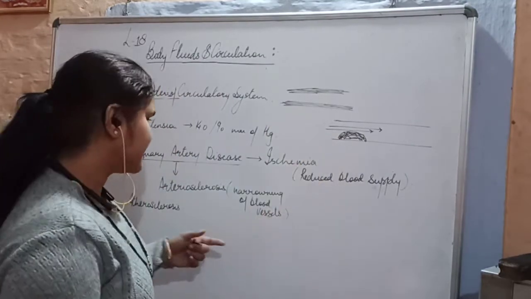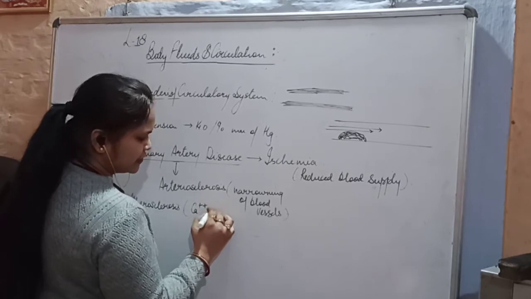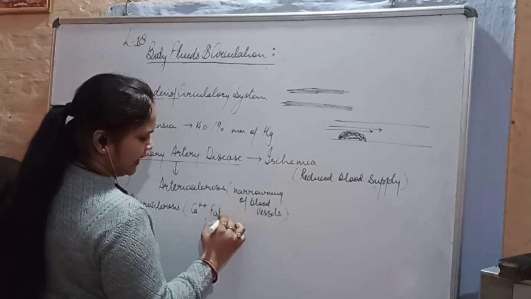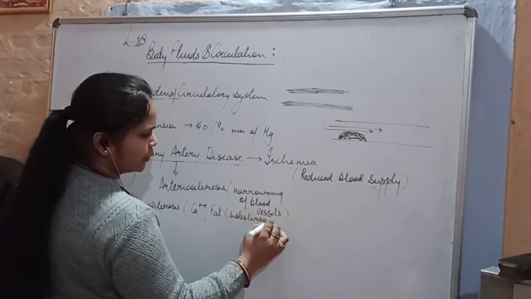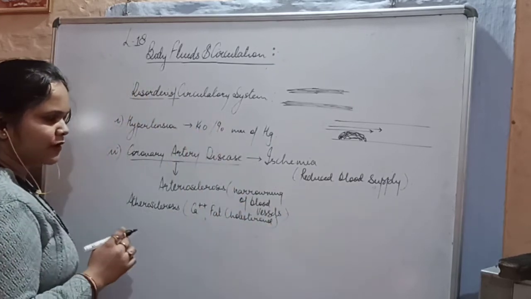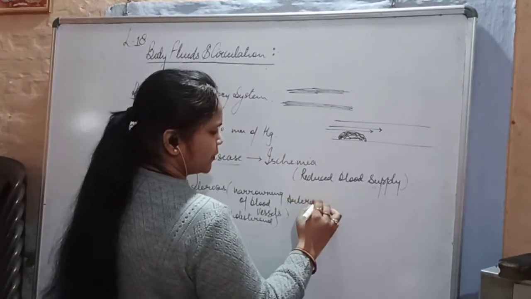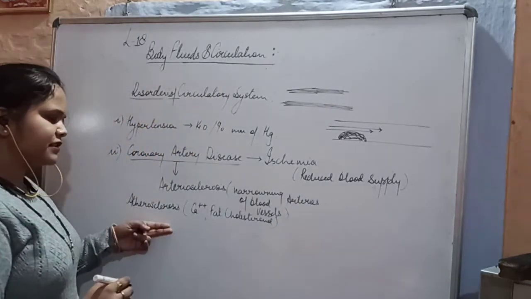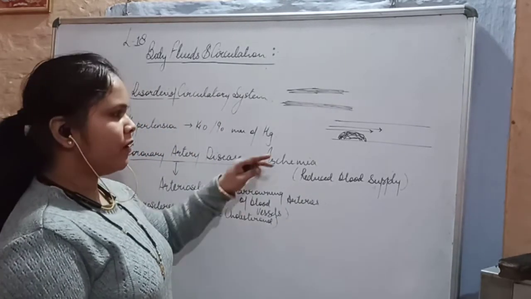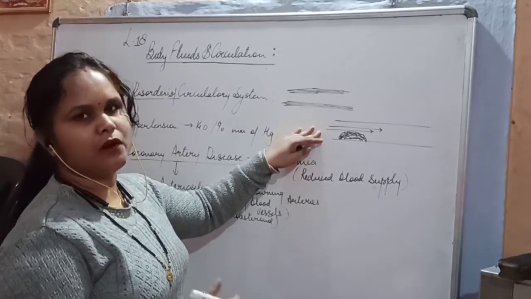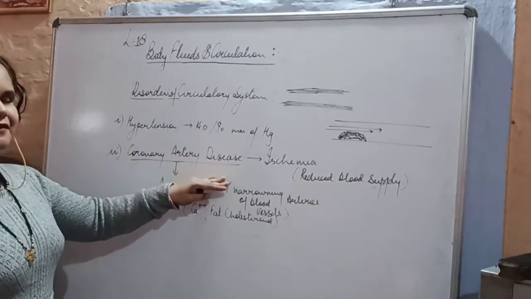So arteriosclerosis occurs due to the deposition of calcium ions, fat and cholesterol. This leads to the narrowing of the lumen of the blood vessels. Arteriosclerosis basically involves your arteries. But atherosclerosis leads to the deposition of calcium, fat and cholesterol on the inner side of the lumen of the blood vessels. This leads to the condition called coronary artery disease.